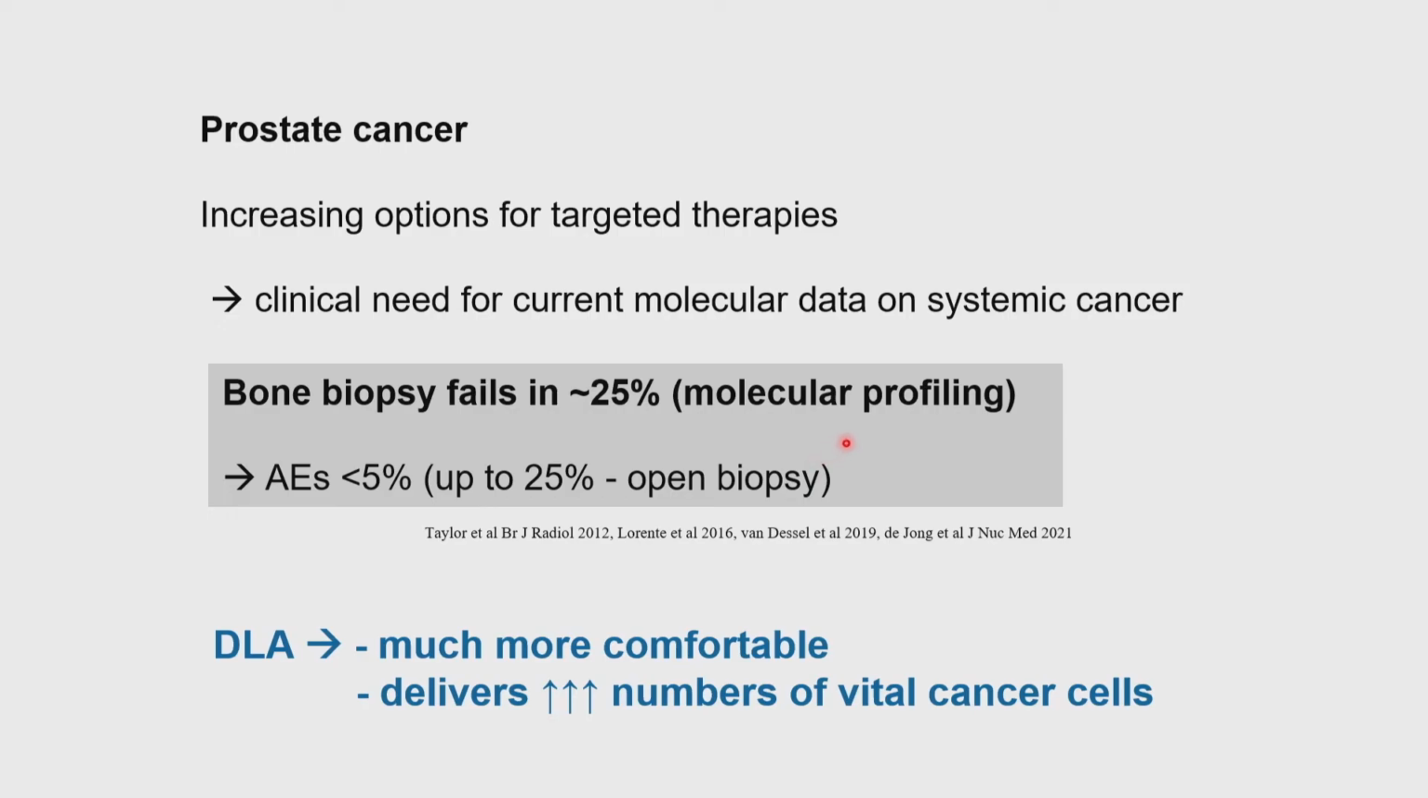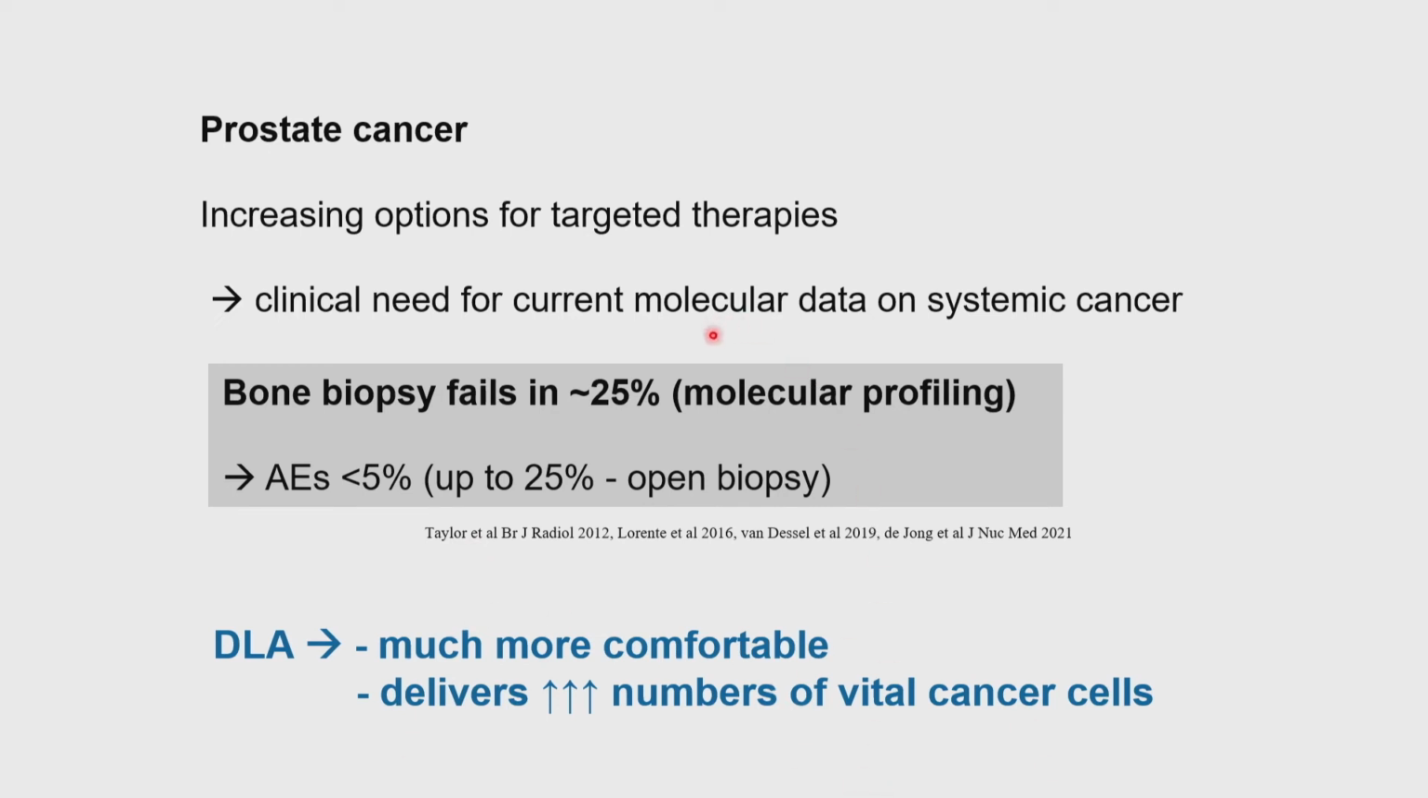However, these data, especially from the Rotterdam group, clearly show that you can get in almost every patient a high number of vital cells that you can use for diagnostic tests. And if you consider that in prostate cancer you have now increasing options for target therapies in the advanced stages, and there is a clear need to gain molecular data to select these therapies, and you consider that bone biopsy is right now the standard for that, then DLA is a much more comfortable way to do this, really, and delivers high numbers of vital cancer